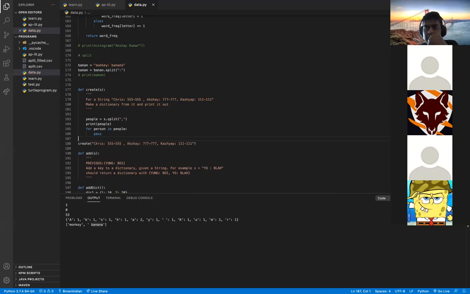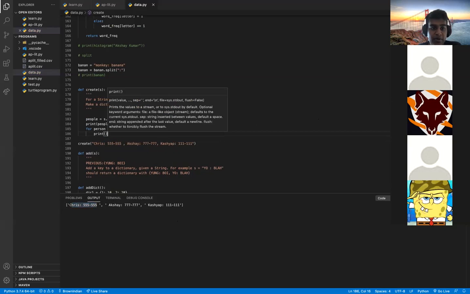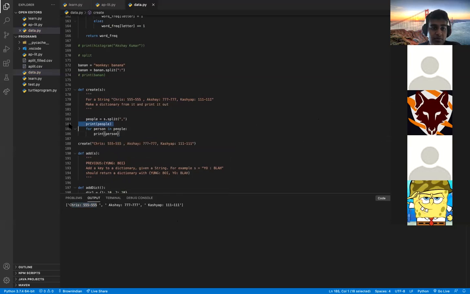Okay, so I'll pass in the string, and can you see how we have Chris with his number, Akshay with his number, Kashyap with his number, all as separate strings within this list? So they're all now separate individuals. Now, when we access for person in people, or every element in the list, we get Chris on one line, Akshay on another line, Kashyap on another line. Okay, so what this means is we can now